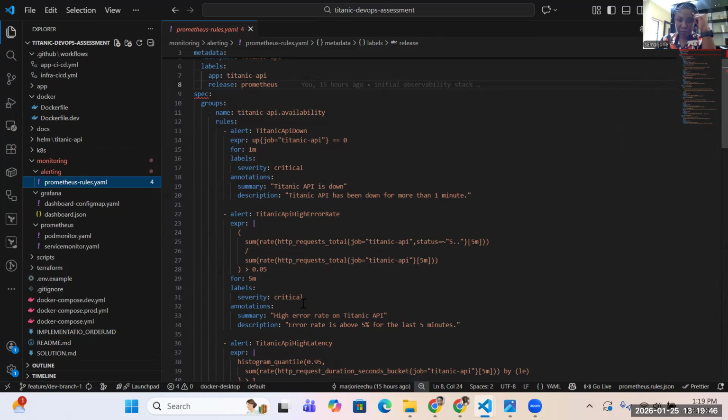What it means is once these conditions are met, an alert is going to be triggered in, say, Slack, if we decide to use Slack, or other notification tools like Mattermost, or PagerDuty, right? So it's going to notify as a critical alert